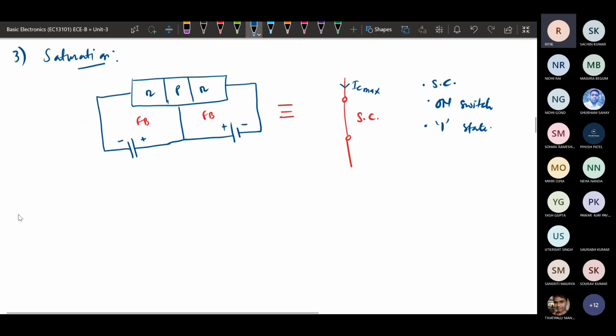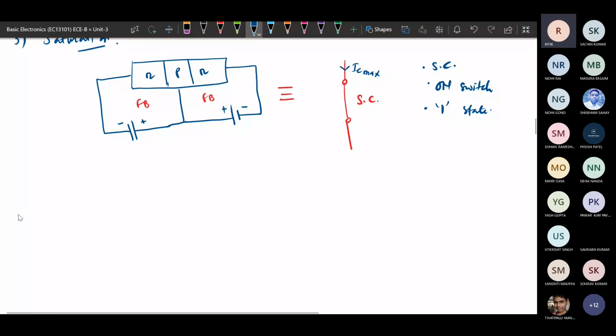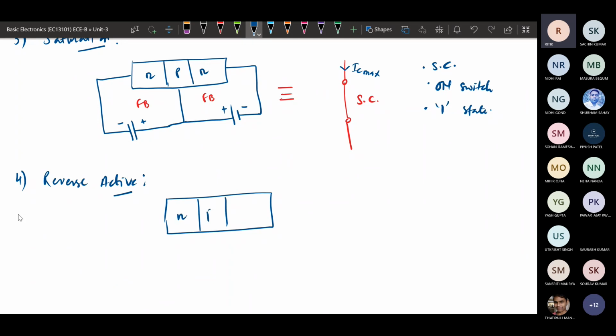And the last one is the reverse active mode. In reverse active, this one should be reverse bias, and this one should be forward bias.